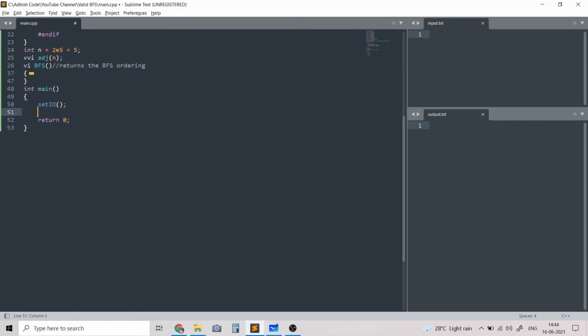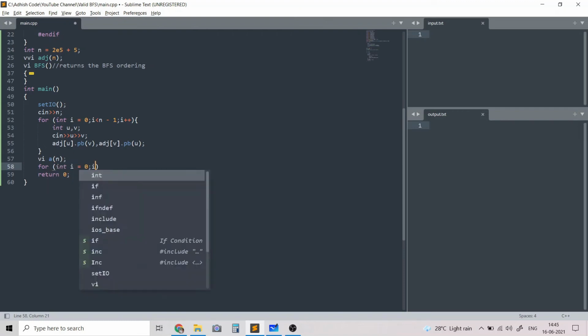In the beginning, first we take in the input n and the edges in the graph. Then we take in a, which represents the claimed BFS ordering.